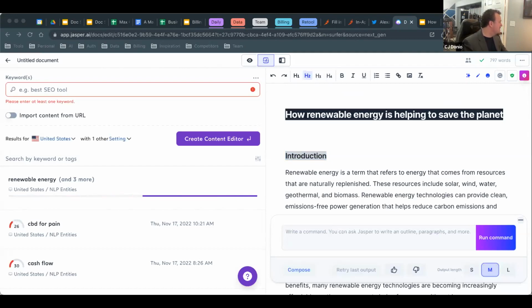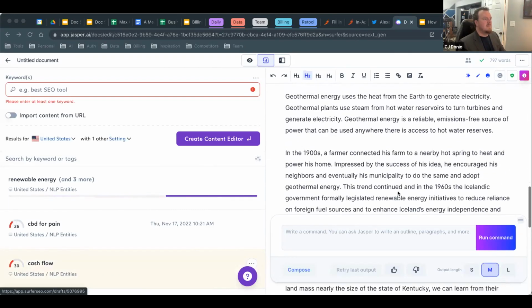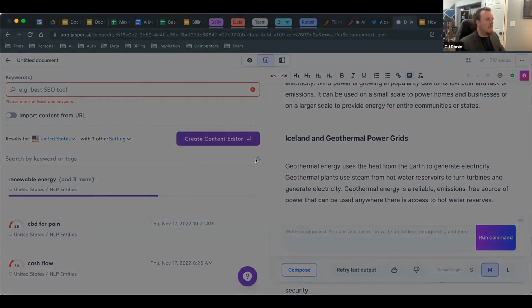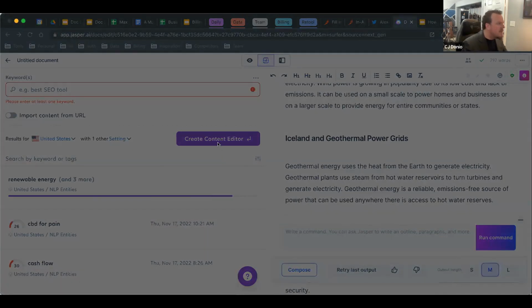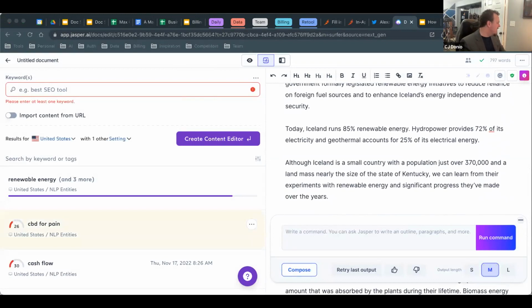So I've got a few pictures I've kind of pulled from Jasper Art. So let me go in here. I've got one that actually really reminds me of Iceland. So I'm going to chuck him in right after that paragraph. Oh, that's my solar panels. There we go. I like that one. So let's throw him in there. Let's see what else I've got here.